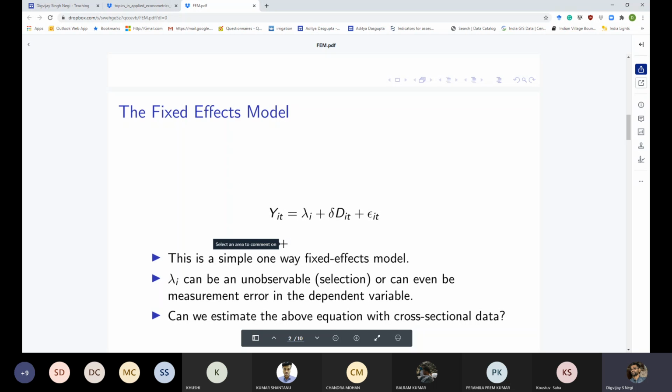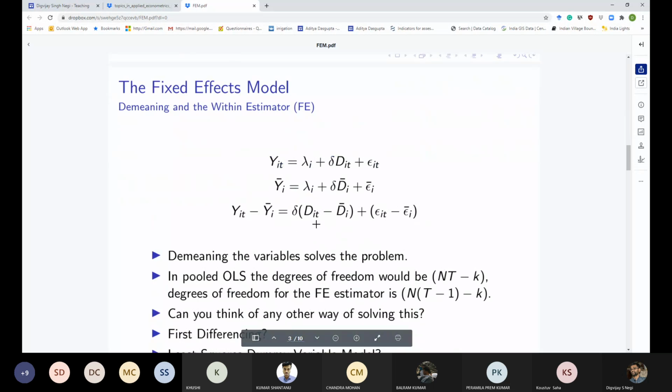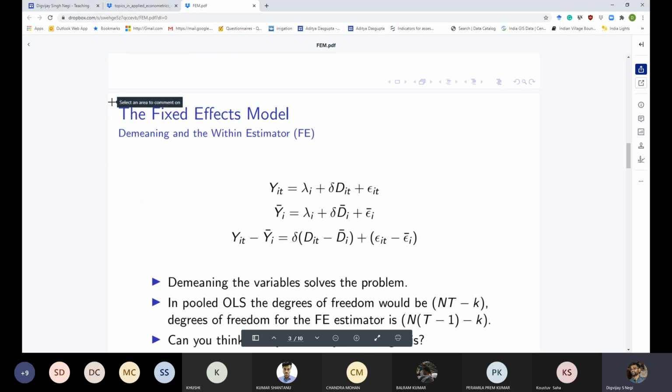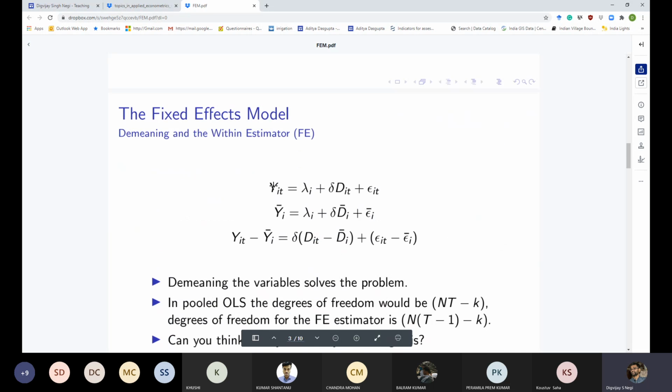So that's the benefit. In this particular case, if, for identification, this was the only issue we had of an omitted variable, then just having more data would solve this problem, right? So you can simply estimate that as a fixed effects model, and delta will give you your causal effect. And the estimator that we use in this particular case when we do a fixed effects estimation is called the fixed effects estimator or the within estimator.